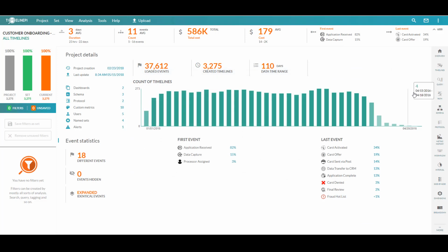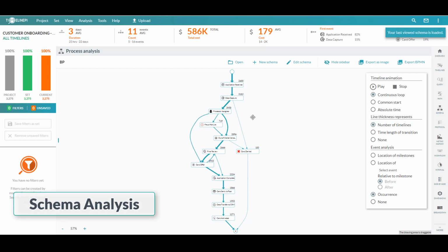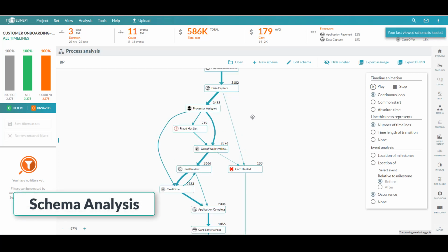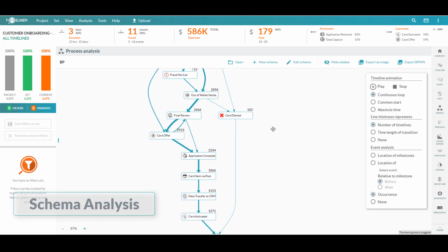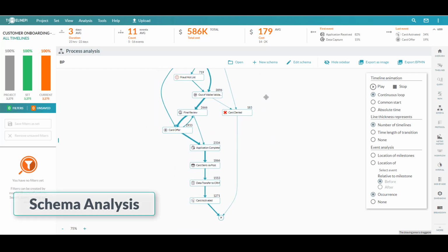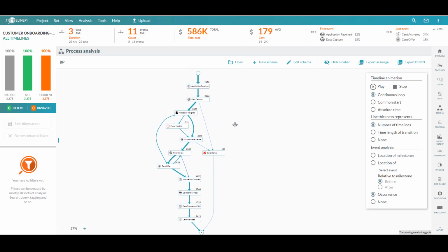Now, a common way of looking at this type of a process would be a schema representation. Now, this allows you to get a dominant perspective as to what this onboarding customer application process really looks like from a high level. And so you can build out models with varying complexities using this tool. We even got some intelligence built in, which will help you in selecting the events that make sense for this type of analysis. But here we have an interactive diagram which shows things like volume, or time spent in any